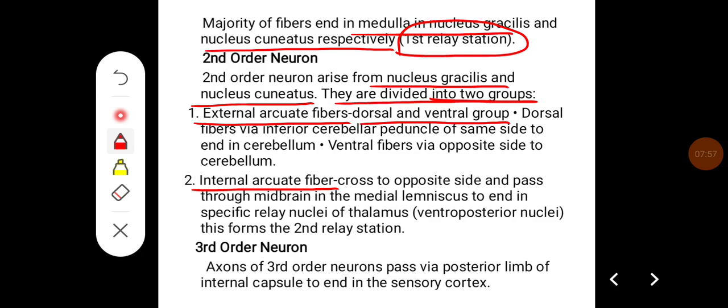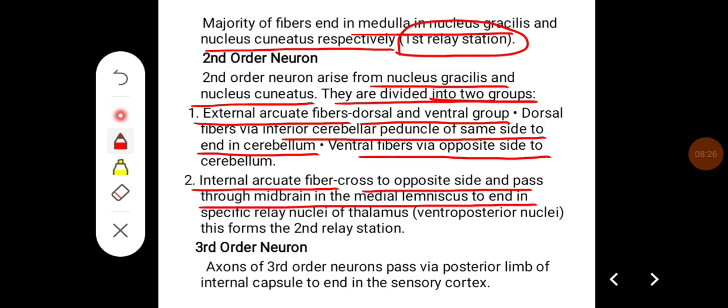Dorsal fibers enter the inferior cerebellar peduncle of the same side to end in the cerebellum, and the ventral fibers reach the opposite side of the cerebellum via the superior peduncle. Internal arcuate fibers cross to the opposite side and pass through the midbrain in the medial lemniscus